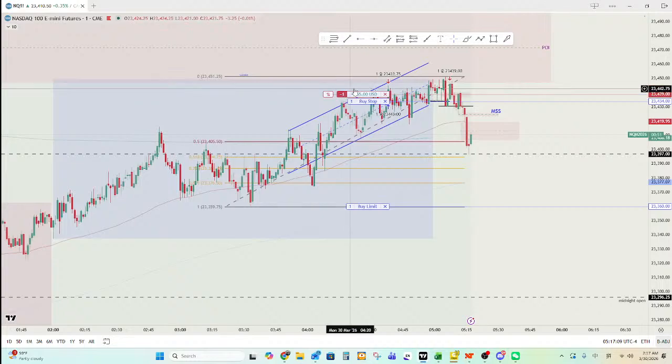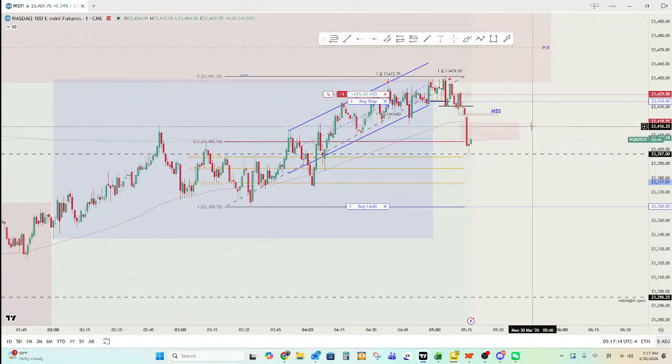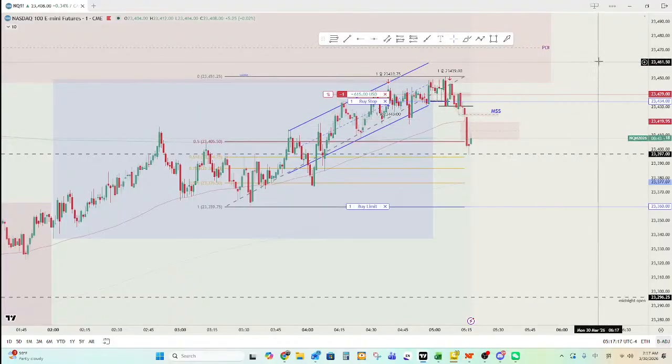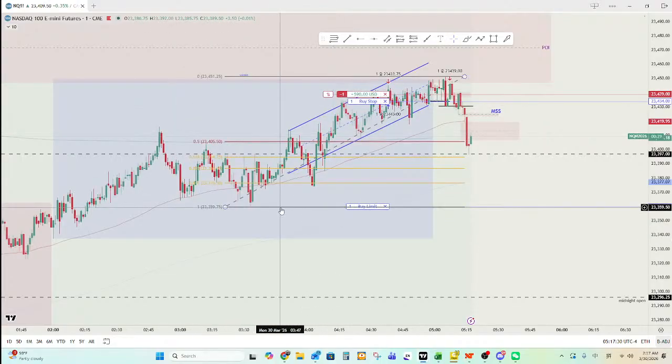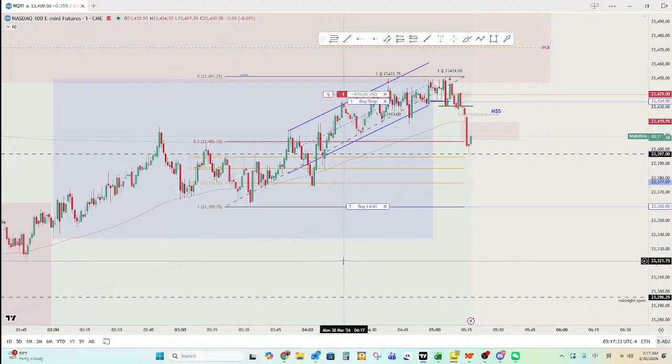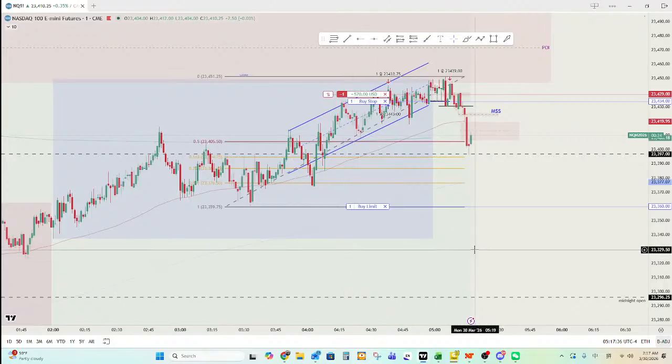If you have a lot of contracts, but I only have one contract, so I prefer to wait until there is another breakout up, then I will exit the trade. But for right now, I will stick to my plan until this liquidity is taken. The follow up over here is not good. I don't like this follow up. It's more like a doji bar, which means the market is